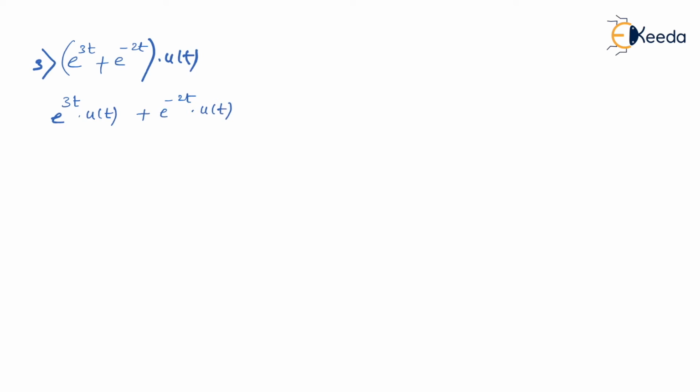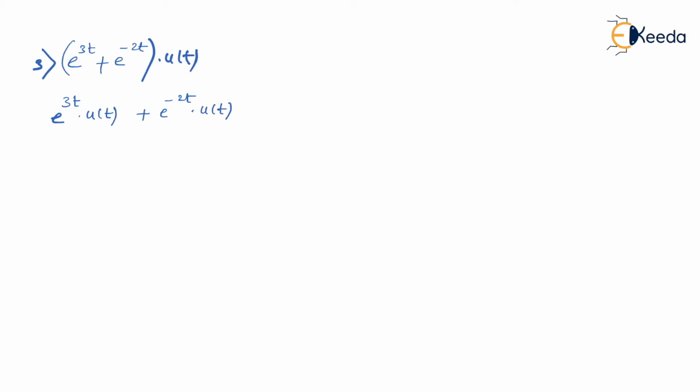And for this, we already know the individual Laplace transform. We have seen that if the individual Laplace transform is known for two signals, then the linear combination of the two signals would be a linear combination of the respective Laplace transforms. So what I mean is, let's say we have f1 function and f2 function with respect to time, that is f1 of t and f2 of t. If f1 of t has Laplace transform f1 of s and f2 of t has Laplace transform f2 of s, then if f1 of t and f2 of t are added, the effective Laplace transform is simply f1 of s plus f2 of s.